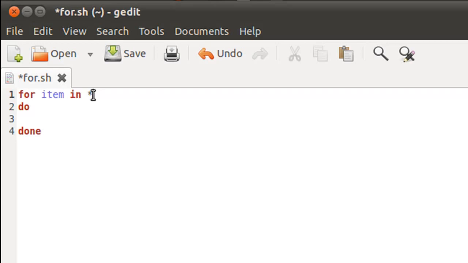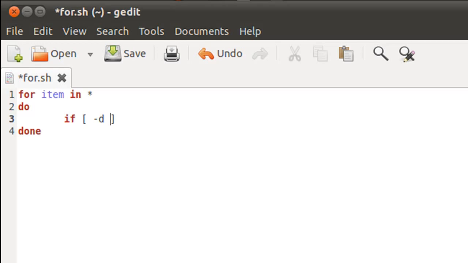And since the for script is saved in the home folder, asterisk means that the shell will execute the for.sh file for all the items in the home folder, right? So I hope you get that. And between the do and done keywords, I will have to check if the current item is a directory or not, and that I'm going to do by using an if statement, and within square brackets I'll put the condition -d